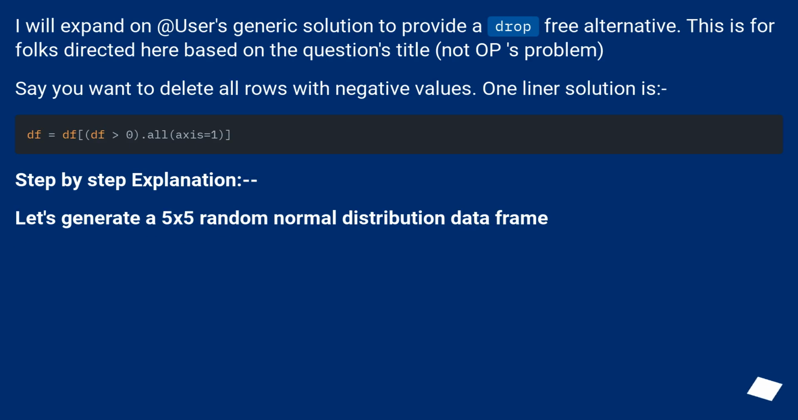I will expand on this user's generic solution to provide a drop-free alternative. This is for folks directed here based on the question's title, not the OP's problem. Say you want to delete all rows with negative values. The one-liner solution is: